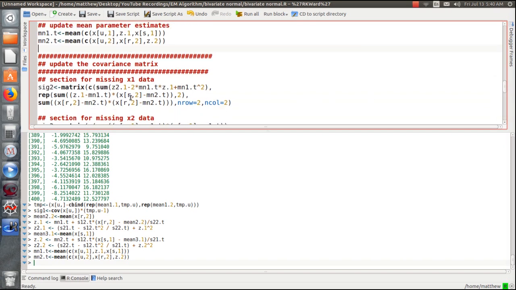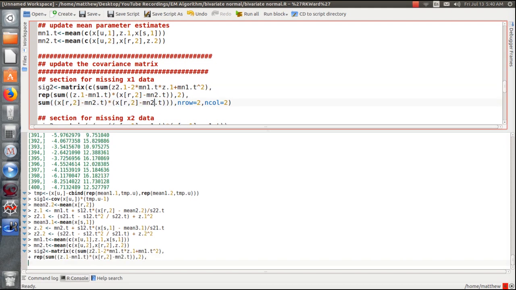Now remember, there were 3 little pieces towards the covariance, and this is the second one where x1 is missing. And so we create a matrix. So this is the top left, and then this is the off diagonals, and we repeat it twice because that's the upper right and the lower left, and then this ends up being the lower right, where these are observed, and we just take the sum of the squares. So we run that,